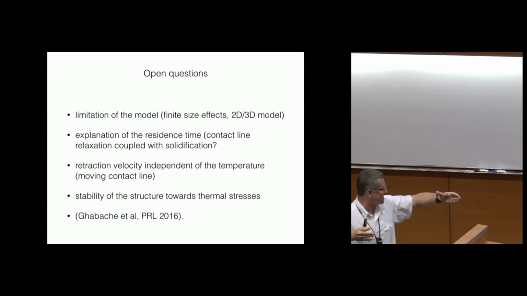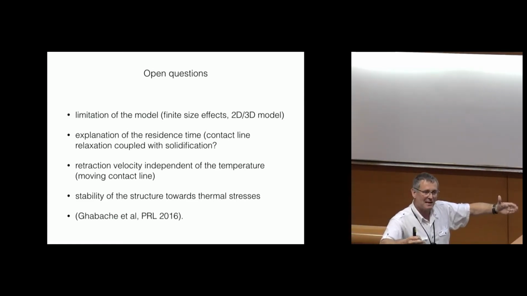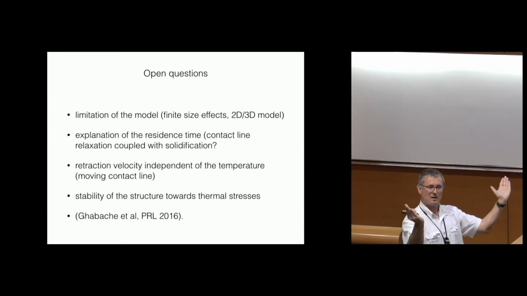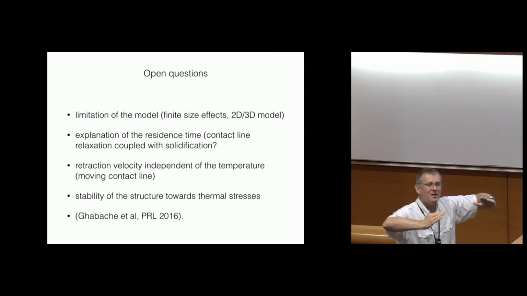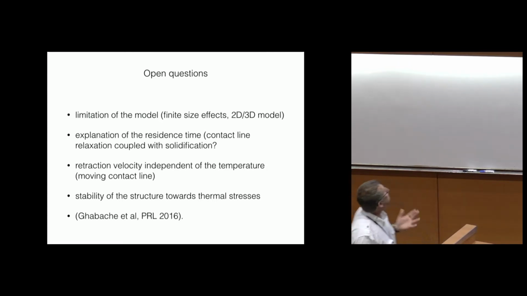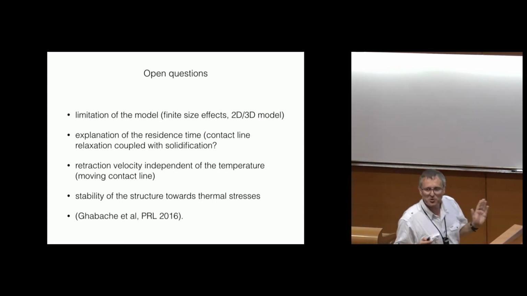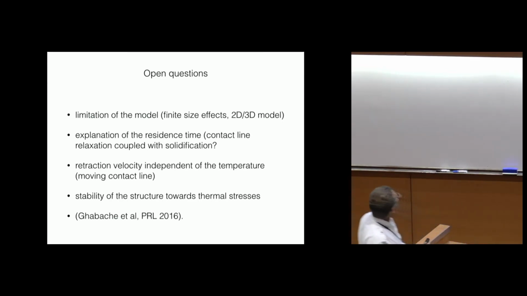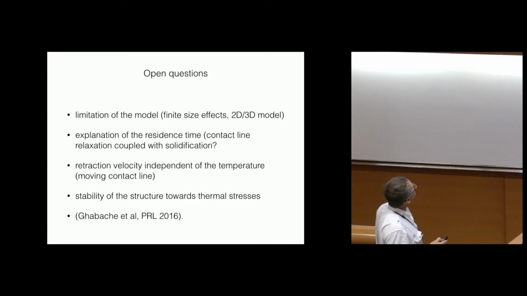We have the drop that is spreading. Then it's stuck by the contact line, but stuck with a moving contact line, which is almost at 180 degrees. Then this moving contact line has to retract until it reaches the receding angle, at which it can start. So that, at least, would not depend on the temperature, and we could say, okay, we have an explanation. But actually, if you think a little bit more about that, it's more complicated than what I say.